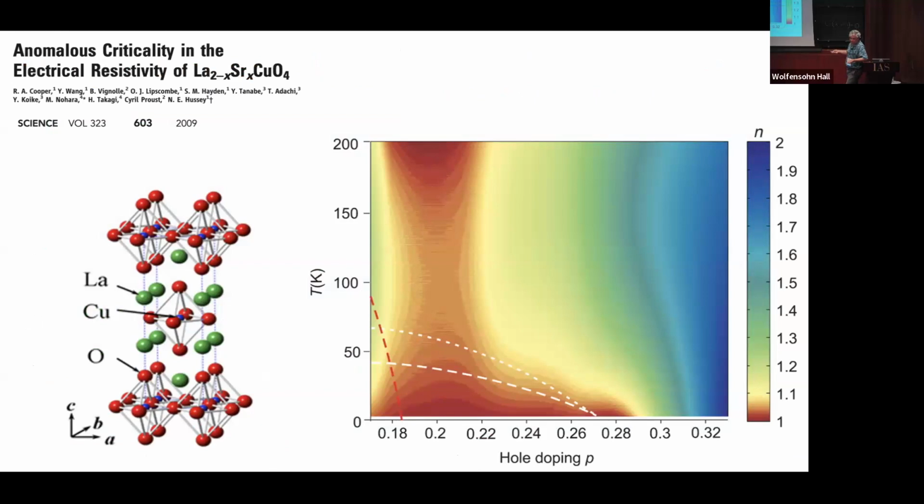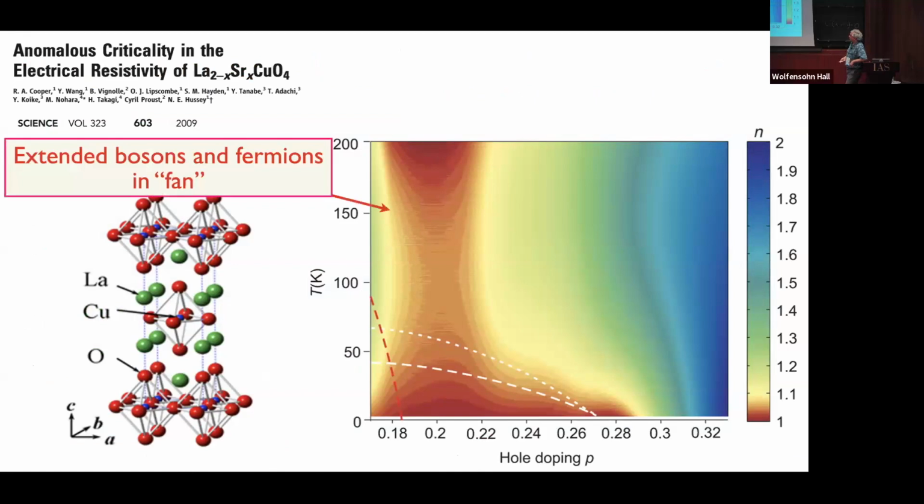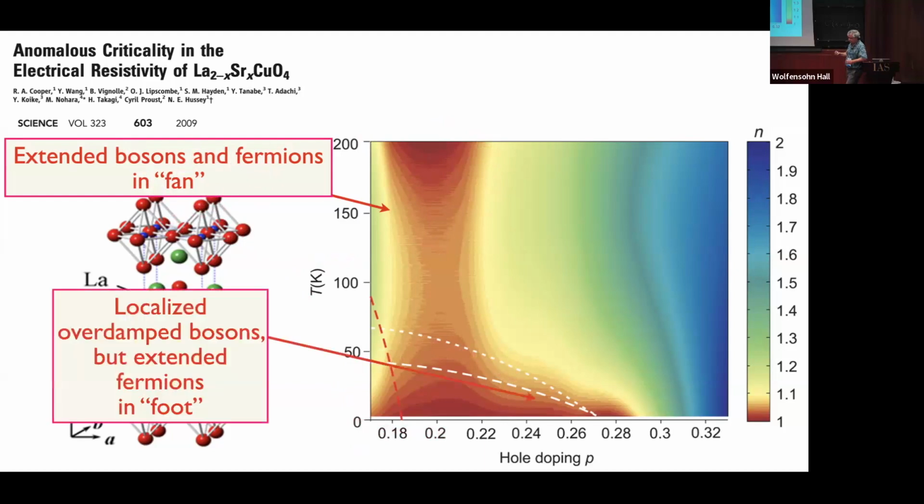And I think there are several proposals on what this is due to, and they all involve Griffiths effects, as they're called. In our language, what we say is that in this region where we have the fan, you have essentially this kind of SYK physics of self-averaging extended bosons and extended fermions. What happens at low temperatures is not that the fermions localize, but the bosons localize. So the bosonic collective excitations become very local. We have various evidence from numerics, and Avishkar and Peter have another paper coming from quantum Monte Carlo where they see all of this physics. So I think I'll just stop there.